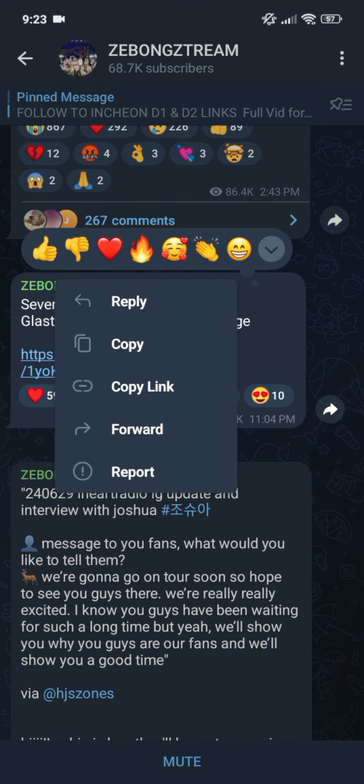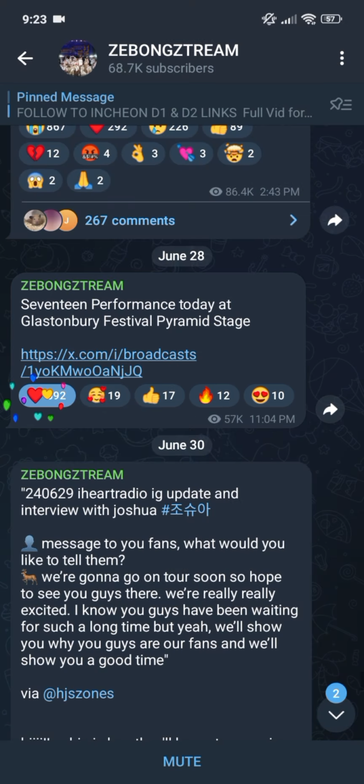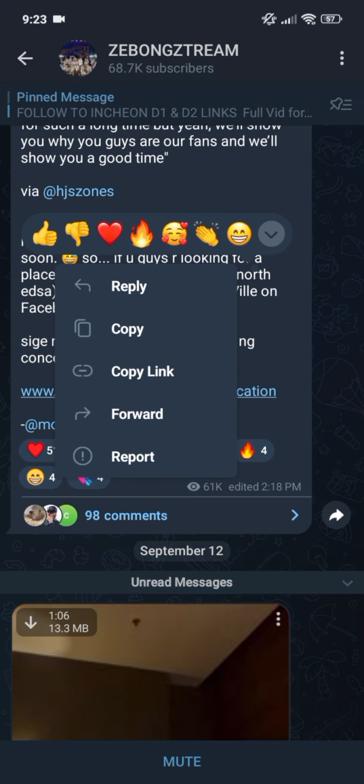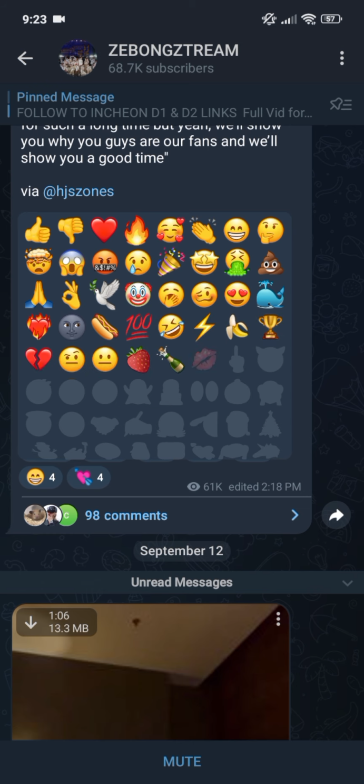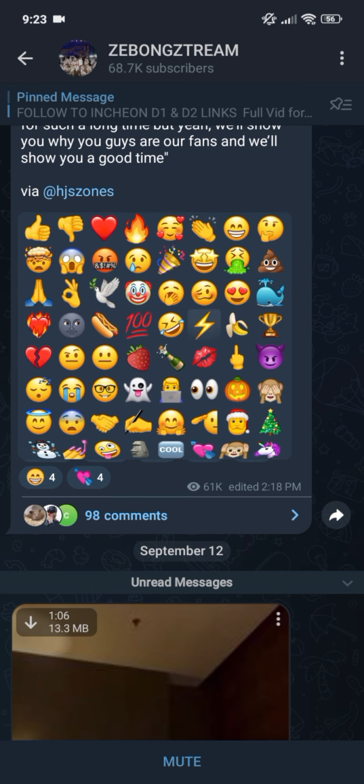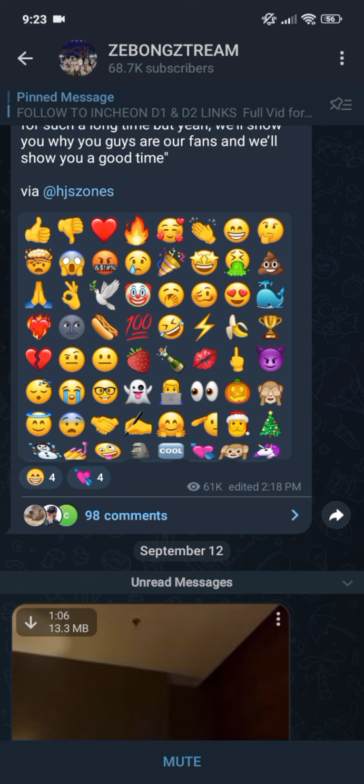Now, after you click the message, the emojis will come up. You can select from these available emojis by clicking on the emoji and it will have this type of effect. So each emoji has a different effect. You can also view more emojis by clicking here and select from one of these emojis. Every emoji on Telegram has a different effect once you click on it and view it on the message